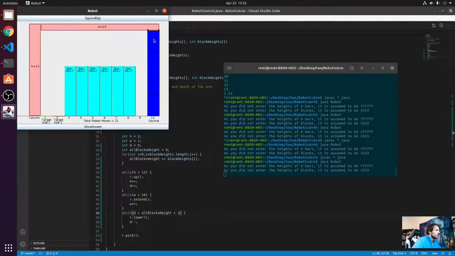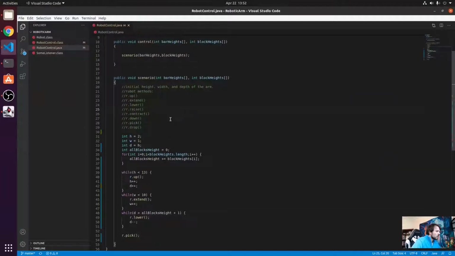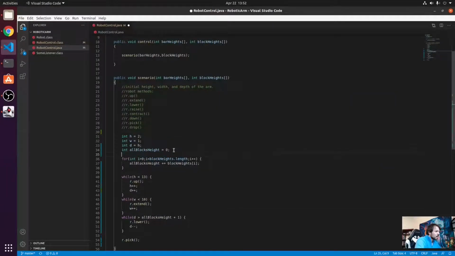So the next thing we can do is take the block and put it onto where it needs to go, which is the first bar down. So the first bar down is always going to be at position 3, and then the next bar is going to be position 4, the next bar is going to be position 5, and so on and so forth. So we can define another variable, and we're going to say target for block 3. So for target block 3, it's 3 initially, because that's where